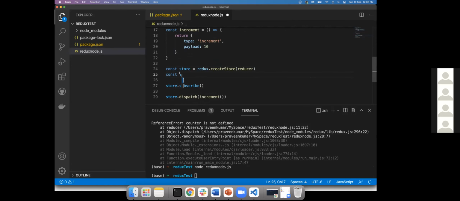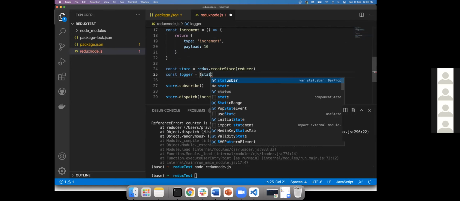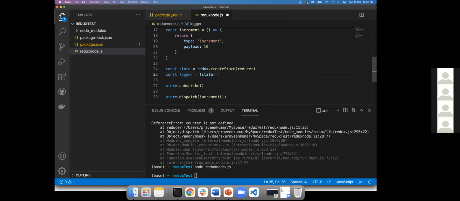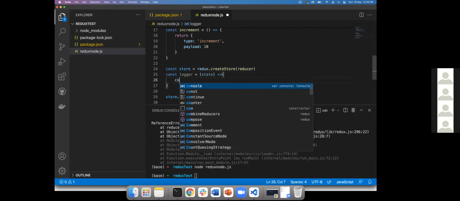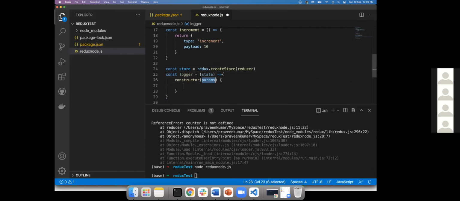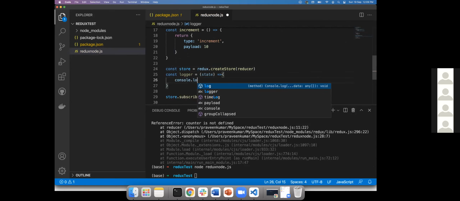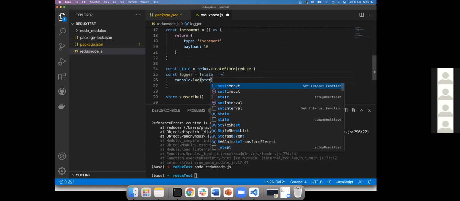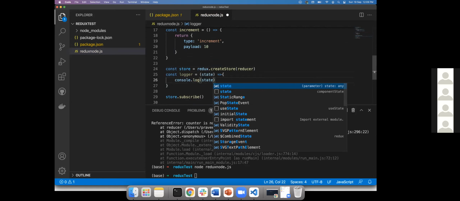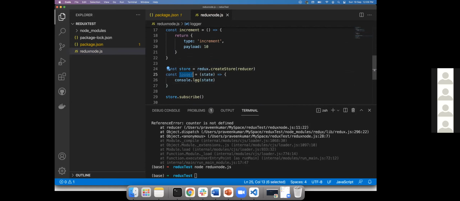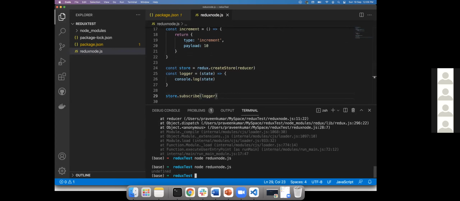Let's say logger state. Console dot log of state. Logger is defined, very good.